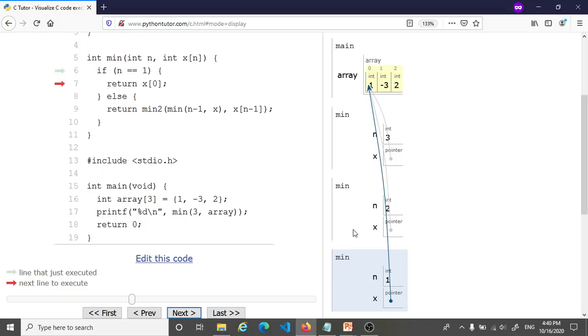This min function was called by this min function. And why did this min function make this call? Well, it was trying to compute the min2 of two things. So now when we come back to this line, we will know what this answer is. It's going to be